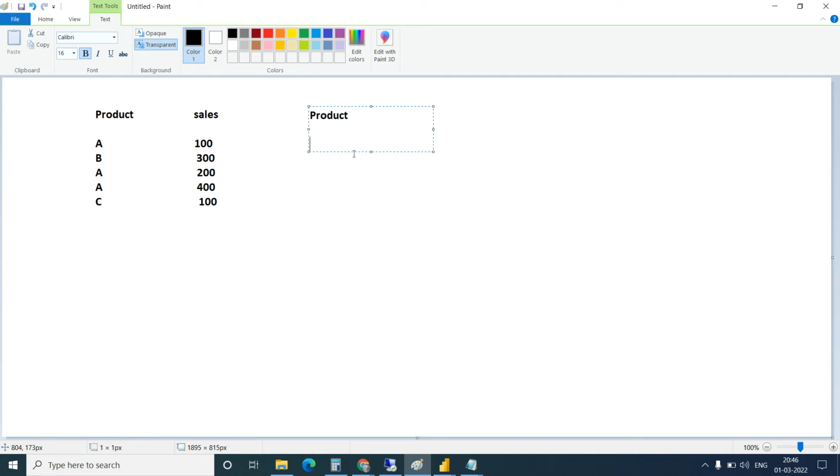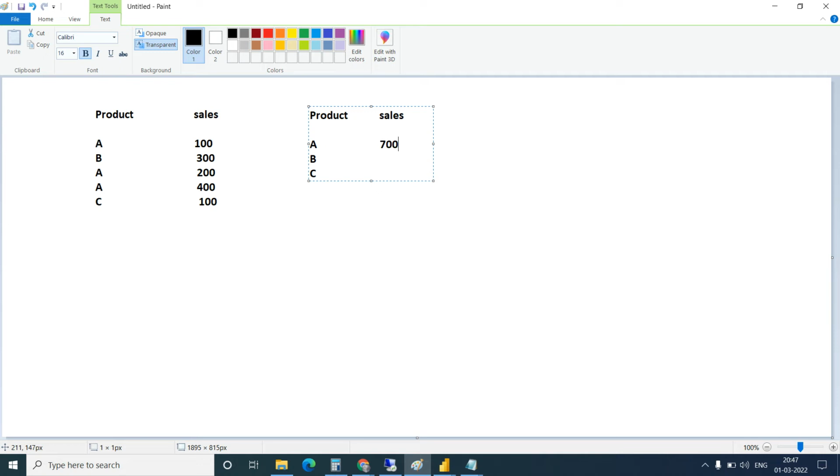So per product sales for A, B, C. What is the sales for product A? 700. Yes, 400 plus 200 plus 100, so 700. So it is 700.